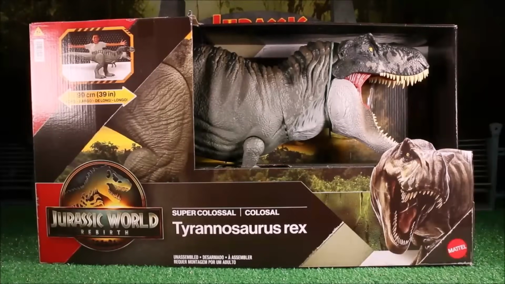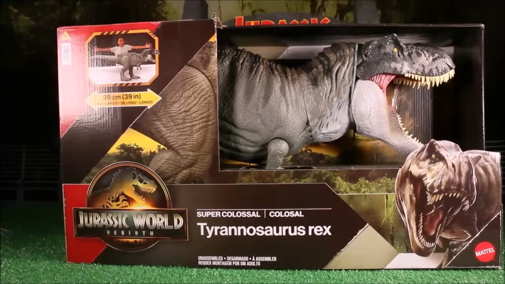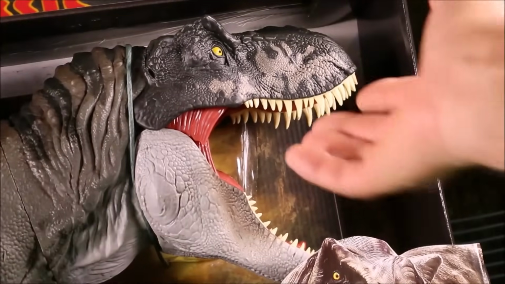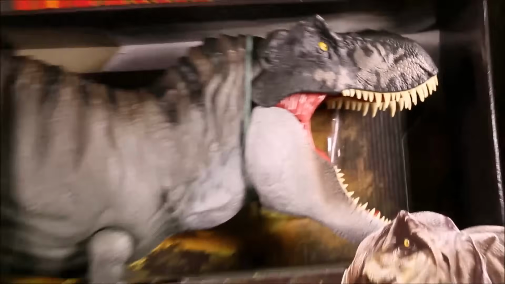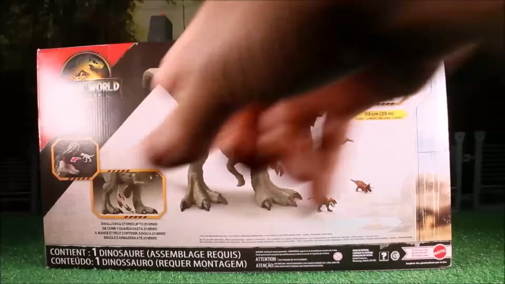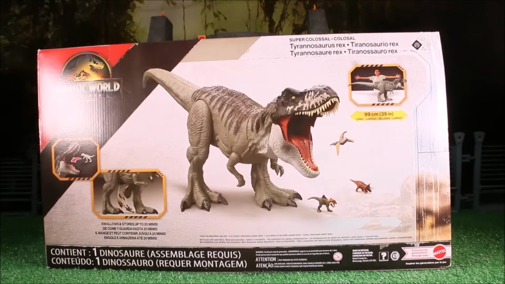awesome. Okay, then they also brought out this super colossal Tyrannosaurus Rex. Wow! It's 99 centimeters or 39 inches long. Did a really cool looking paint job. Very realistic looking teeth of different lengths. Pretty strong rubber grip to the teeth. I mean, it is awesome looking. This is probably the coolest T.rex we've gotten yet. It says swallows and stores up to 20 minis. I had the super colossal Indominus Rex eat around 51 action figures, so we're gonna see if this girl can